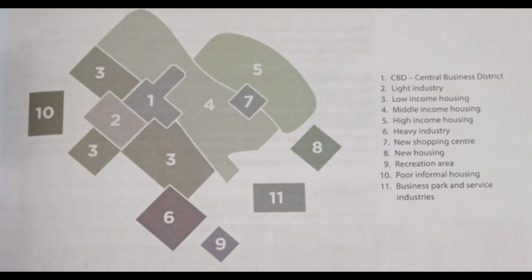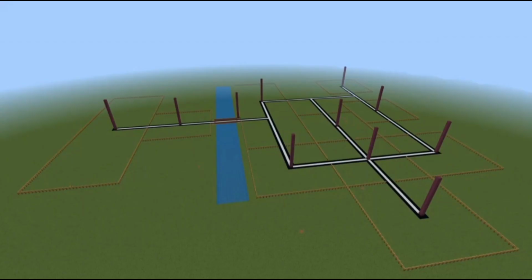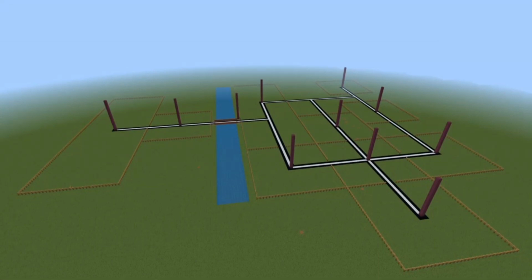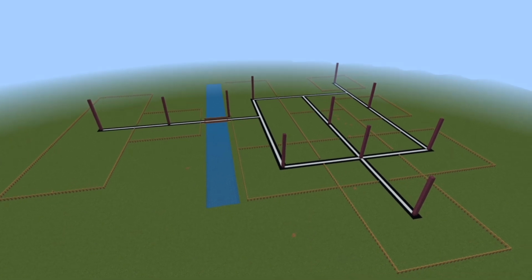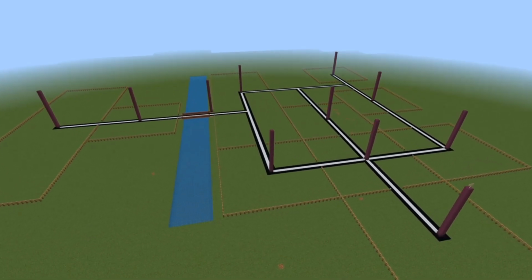For the purpose of the actual layout to effectively indicate the different land use zones, I have set Minecraft to generate a flat land so that it would be easy to mark the different land use zones. For this, I've decided to use wooden fencing to separate the different land use zones, and I've used signboards at the top of a stone tower mounted in the center of the zone as a key to indicate which zone